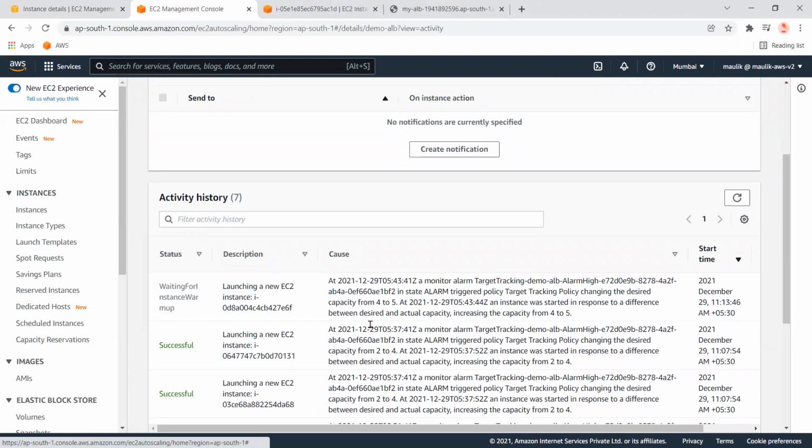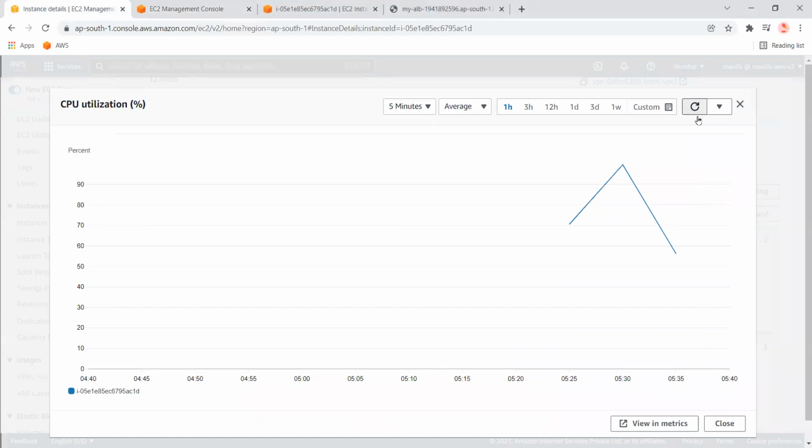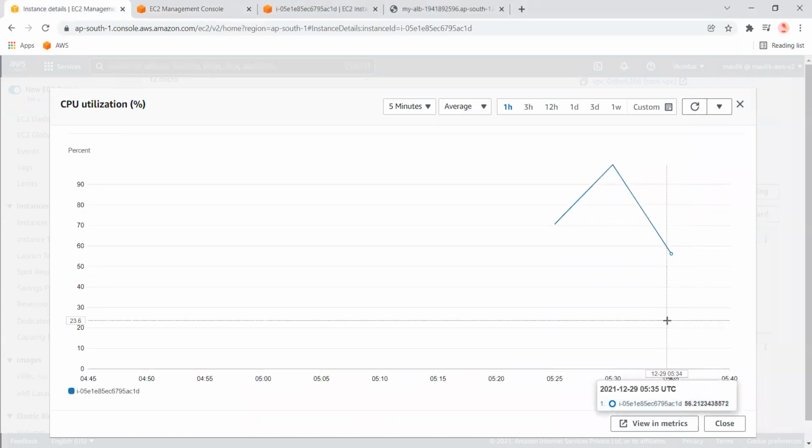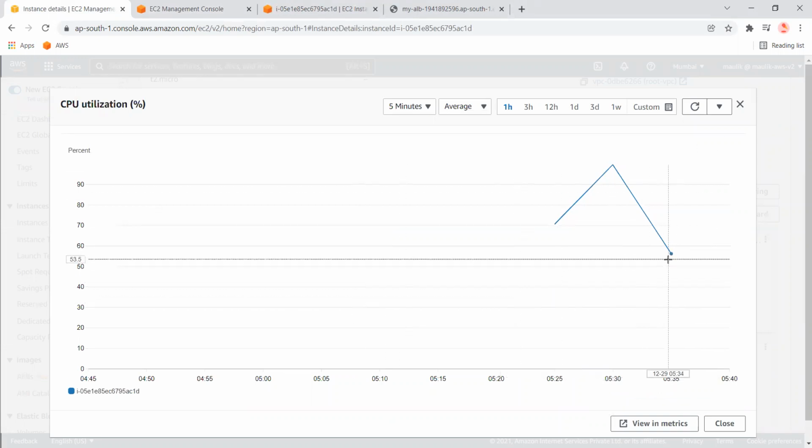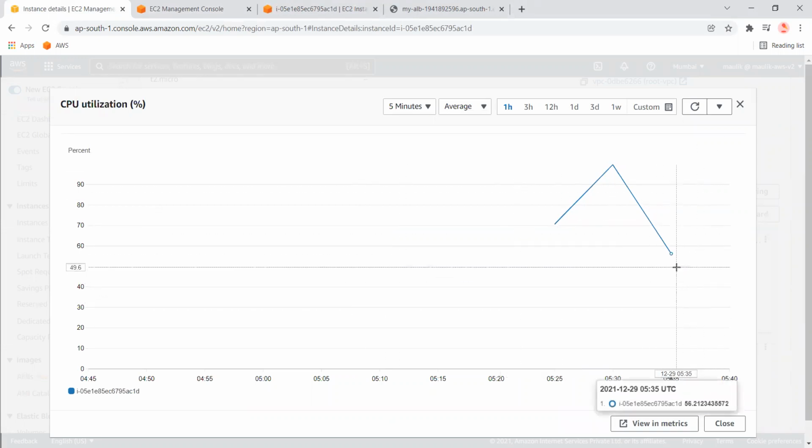So we'll need to wait for some time again until this CPU reaches below 50% or 40%. Okay, and then it will start decreasing and removing the instances from the auto scaling group.